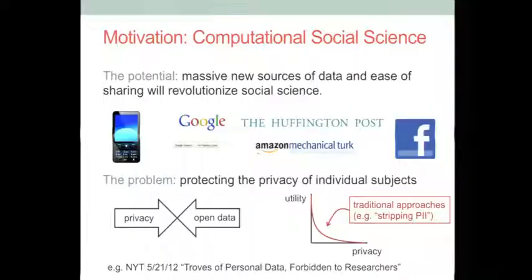And unfortunately, the traditional techniques for dealing with such privacy concerns, such as stripping so-called personally identifying information, by now are well understood to be ineffective and problematic. If you only remove obvious identifiers from a data set, for example, removing names and addresses and so on, it's often still possible to figure out who's who in the data set from the other information that remains. And so you've only made it slightly harder for someone who wants to violate privacy with one of these data sets. On the other hand, if you aggressively de-identify a data set to try to make it really difficult to identify individuals, you often are forced to greatly